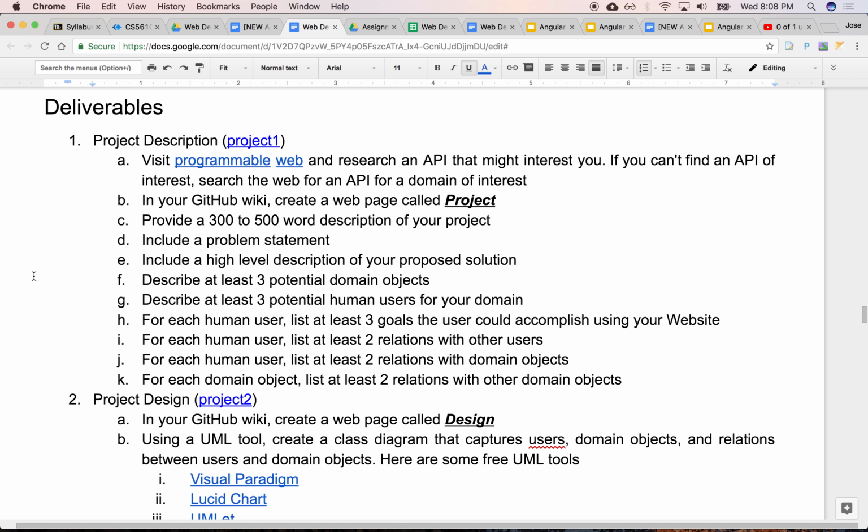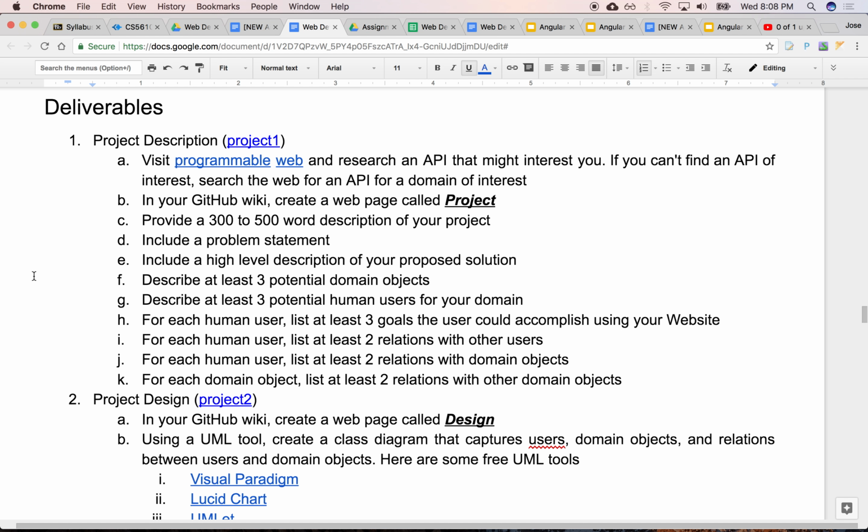Two weeks from now, I think the first milestone is due, and it's called Project 1. That's the first milestone, and it will ask you to come up with a 300 to 500 word description of your project. What's the problem that you're trying to solve? It's okay if it's not a new problem with a new solution.